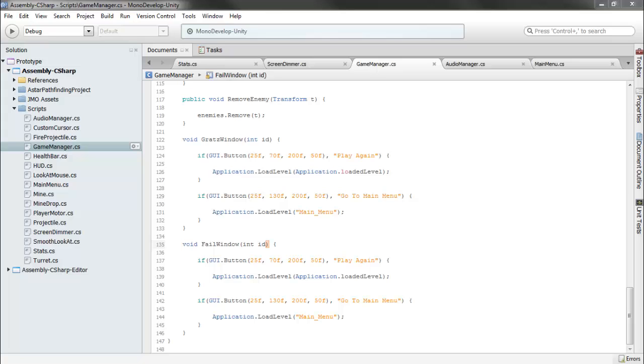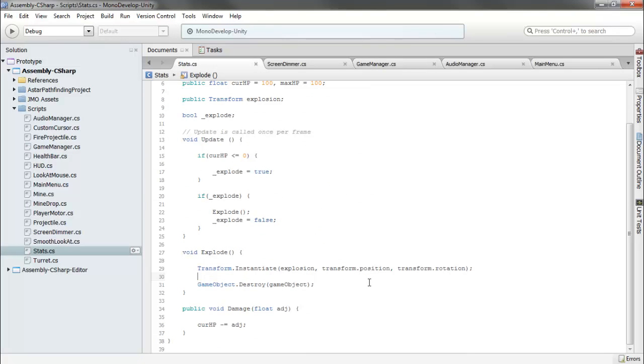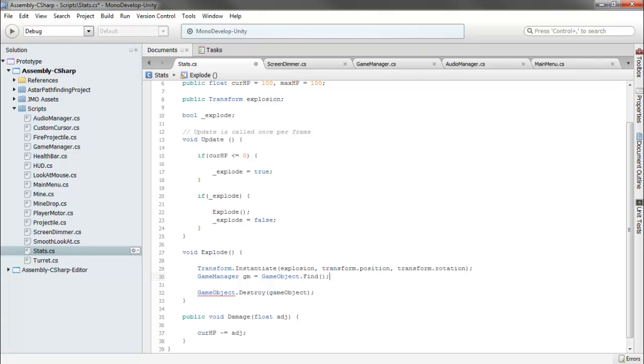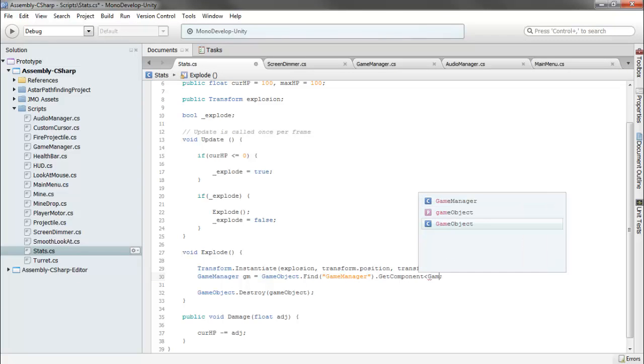And that's pretty much it. So let's go into our stats, and now we'll need to actually make sure that we're able to remove our enemies and remove ourselves from the game to win and lose the game. So we'll say game manager gm is equal to GameObject.find, and we want to find the game manager, get component, game manager,